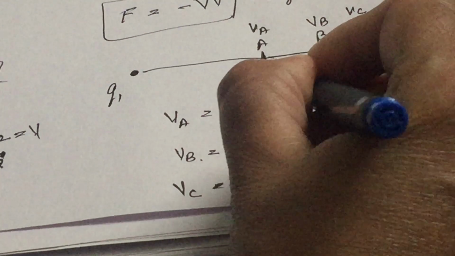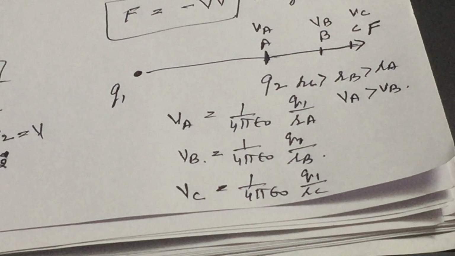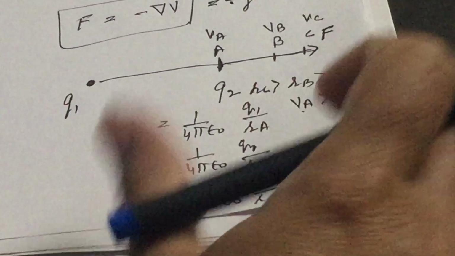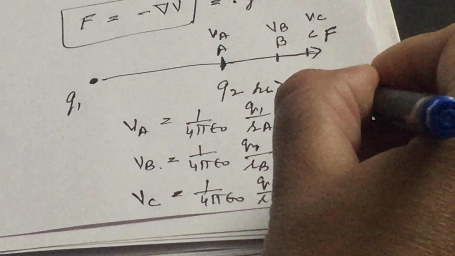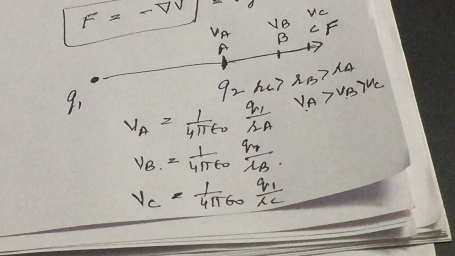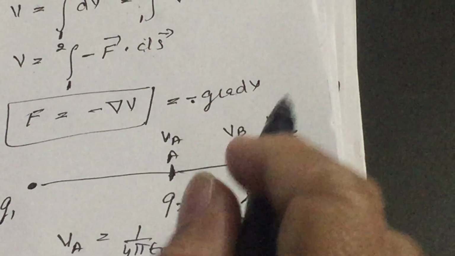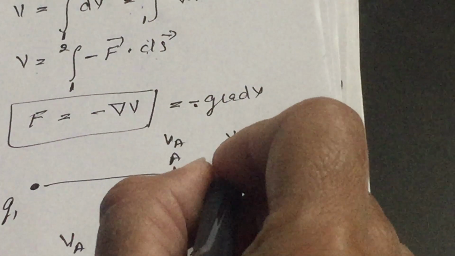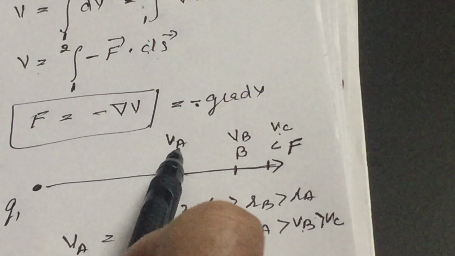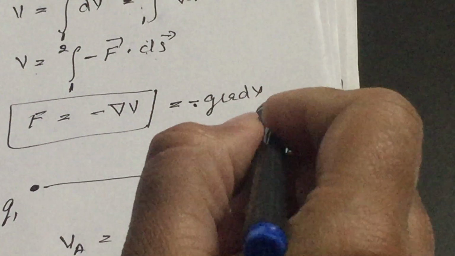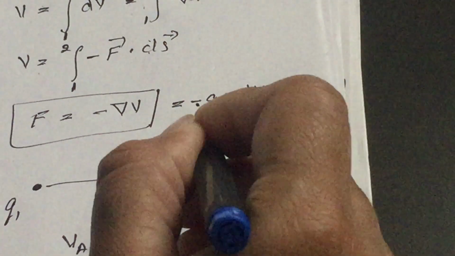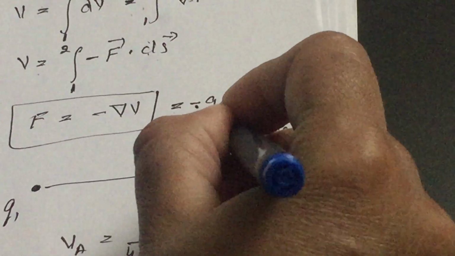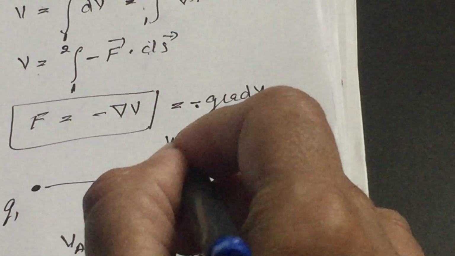This is the relation between all the three distances. Then what is the relation between the potential energies? Here VA is greater than VB and VB is greater than VC. It means VC is the smallest potential energy, VB is larger, and VA is the largest potential energy. Potential energy is increasing in this way,